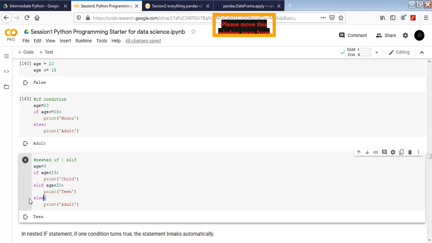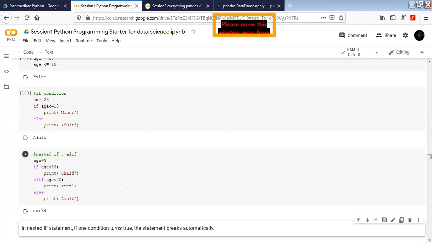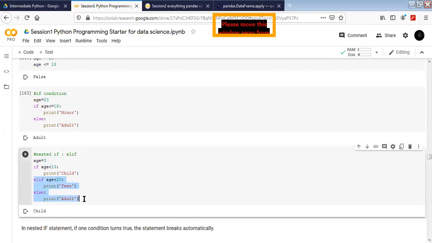And then this else is going to be our last resort, where all the above conditions were not true. That's why we printed else. However, if any of the statements got true at any position, the rest will not execute. If age less than 13 was true, then we are only going to get child, and the rest of the things, the elif and the next part, are not going to execute. Is it clear? Yes, sir.